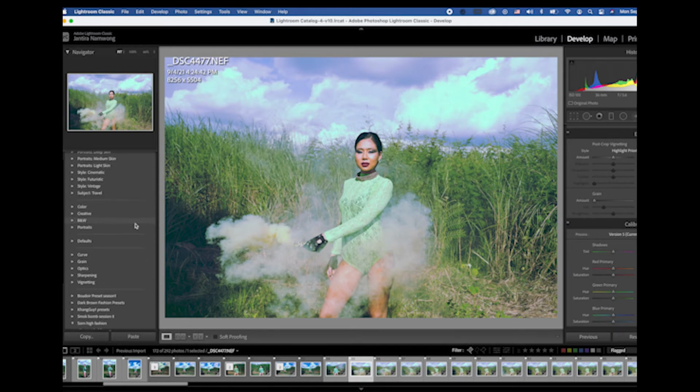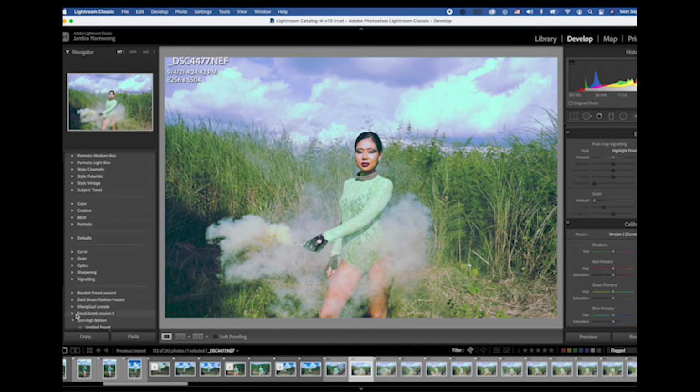Right, so here you can see this is inside the preset. I already created a few sessions before that I have done, and I posted all of them on my